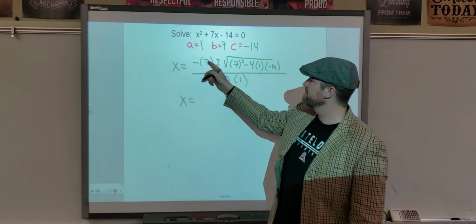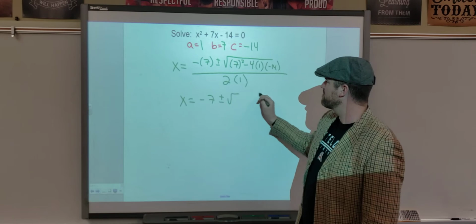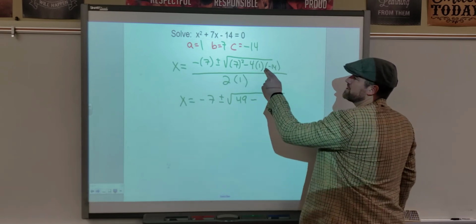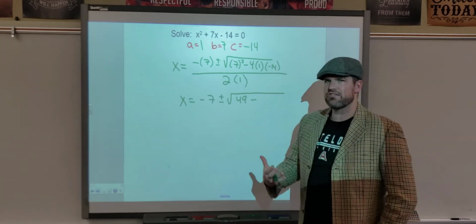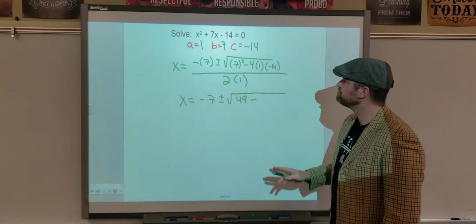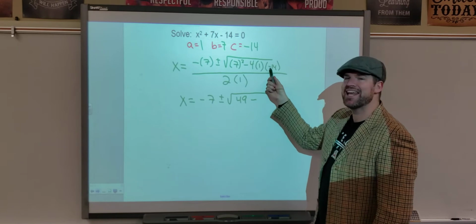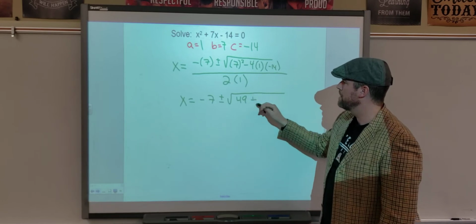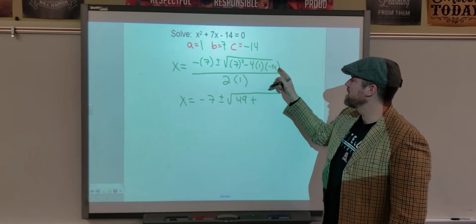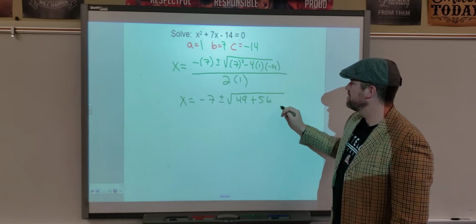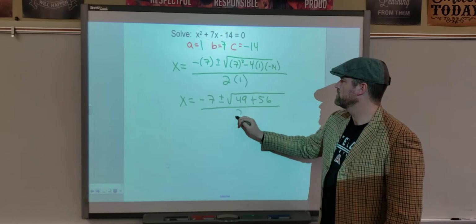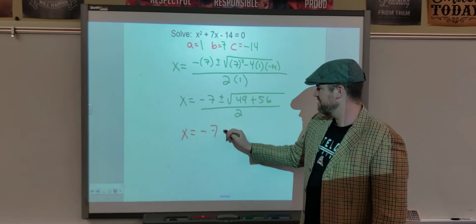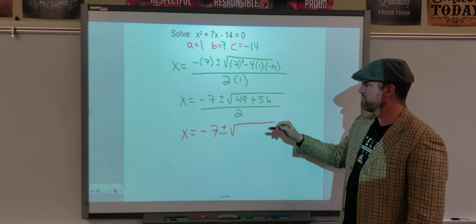So x equals negative 7 plus or minus the square root of 7 squared, so 49, minus 4 times 1 times negative 14. Here's a spot where people make a lot of mistakes, so you've got to be careful. I have minus, and then I have a negative. So if I have minus a negative, or negative times a negative, that's going to turn this into positive. 4 times 1 times 14 is 56, all over 2 times 1, which is 2. All right. x equals negative 7 plus or minus the square root. We're going to add these together to get 105